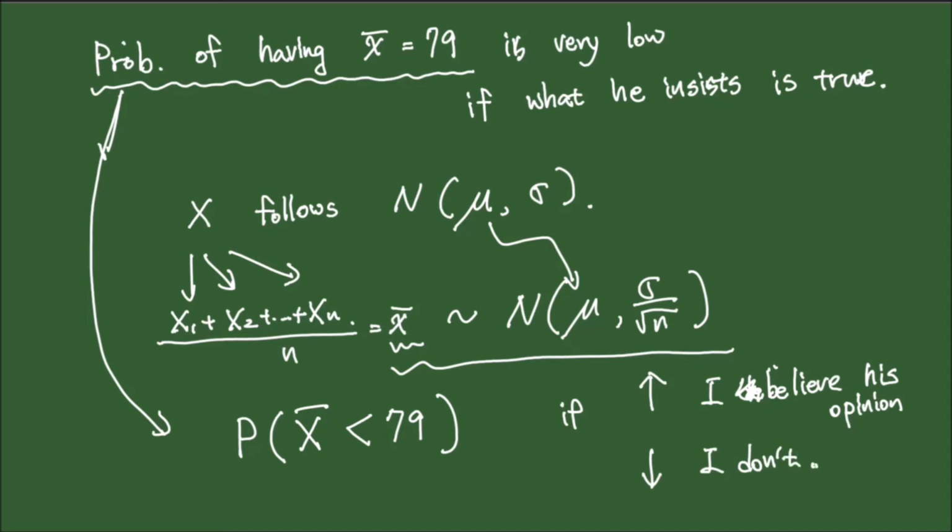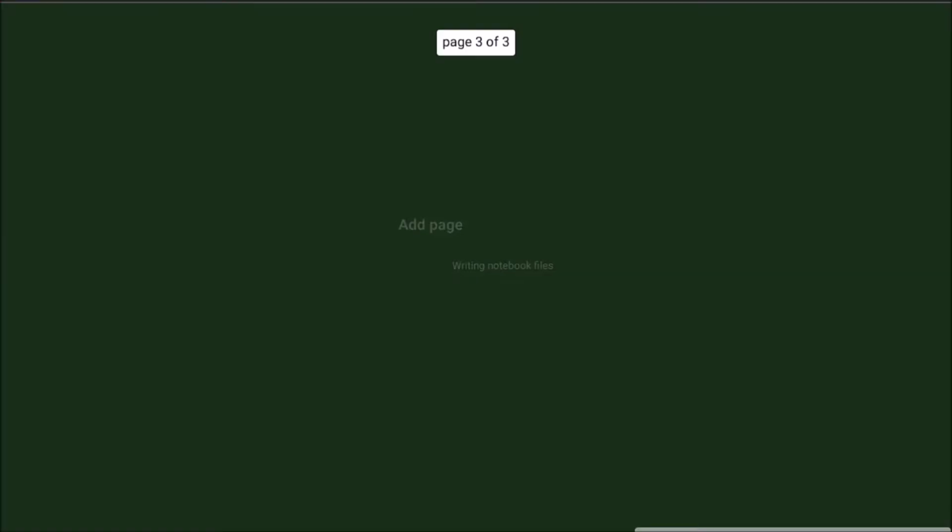Okay, so as we know, we have two different opinions. First, he thinks he can throw a ball like 90 miles per hour, and another opinion is our opinion. We don't believe it, right? So using the statistical notation, I can write these two opinions down like this.